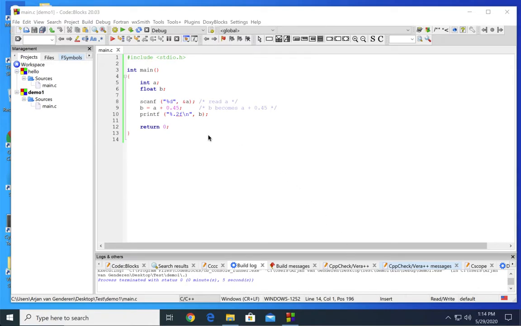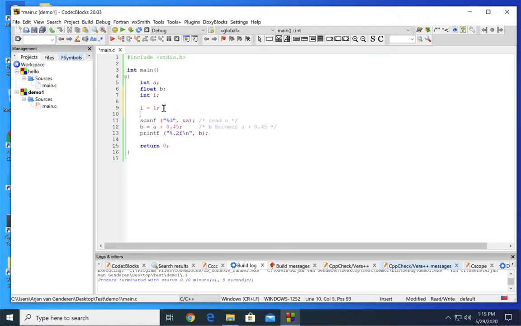So we have to count how many times we do the action, so adding 45.45, and therefore for counting that we add a variable I, it's an integer, and so we start with giving I a value 1, so the first time, and then as long as I is smaller than or equal to 3, we say that we have to do the previous action,